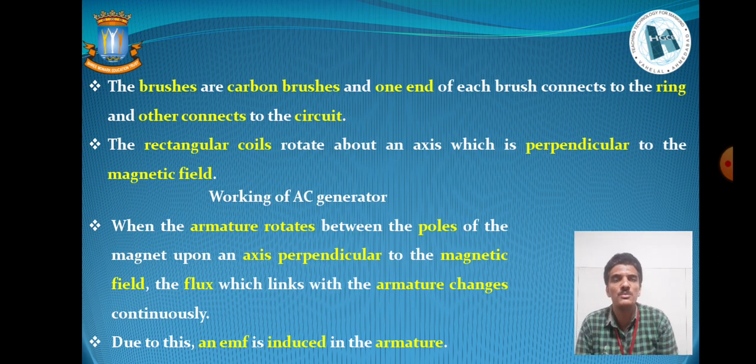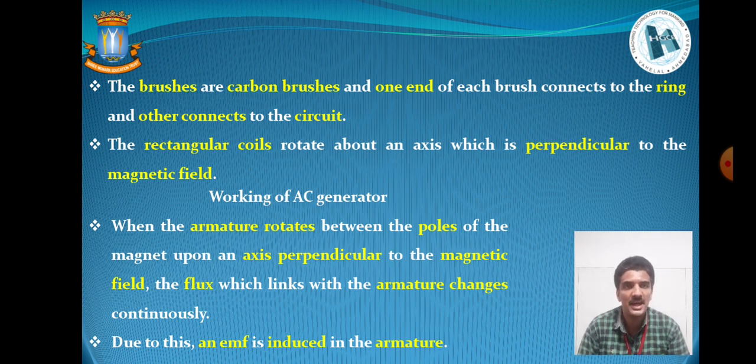So this was all about the construction, and the brushes are carbon brushes. One end of each brush connects to the ring and the other connects to the circuit. Now, some amount of electrical energy has already been developed inside your AC generator, but how can one utilize the inside electrical energy? We need one apparatus arrangement for utilization of the generated amount of electricity towards the